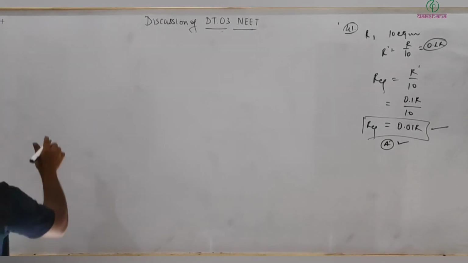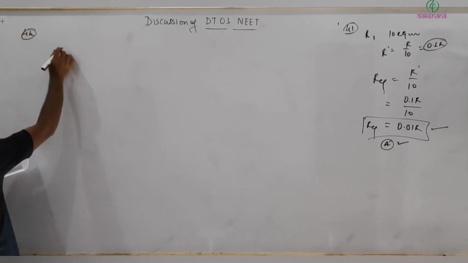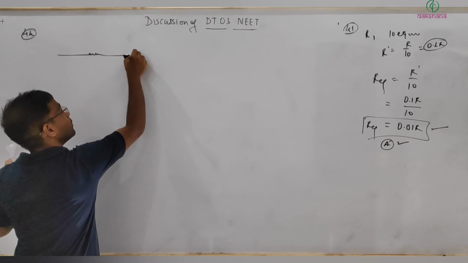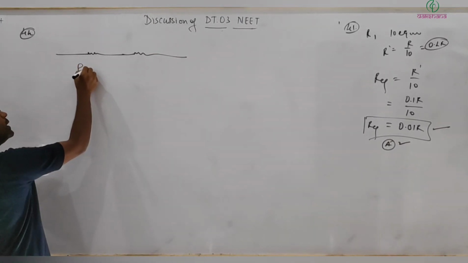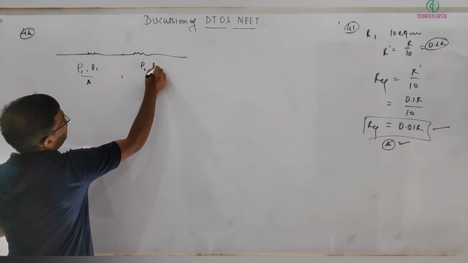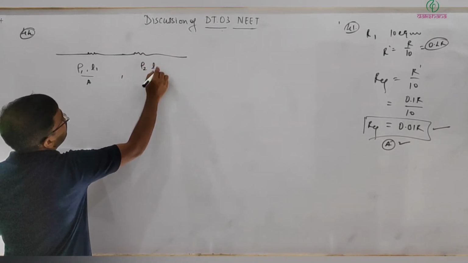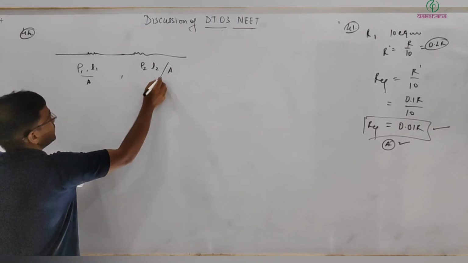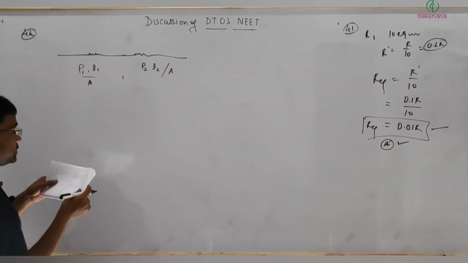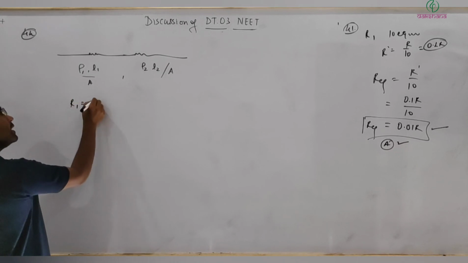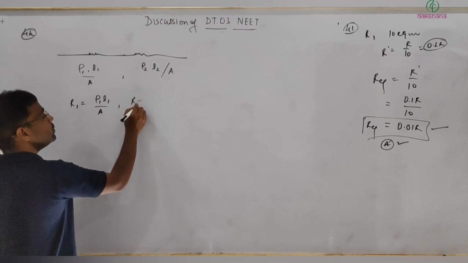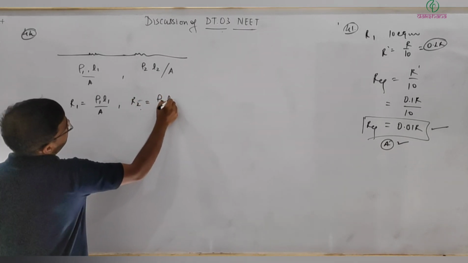Question number 44. Here we have 2 wires of equal area of cross section. So let's say this is rho 1, L1, and area of cross section A, and rho 2, L2, and area of cross section A, respectively joined in series. Find the equivalent resistivity. So first, R1 I can write as rho 1 L1 by A,